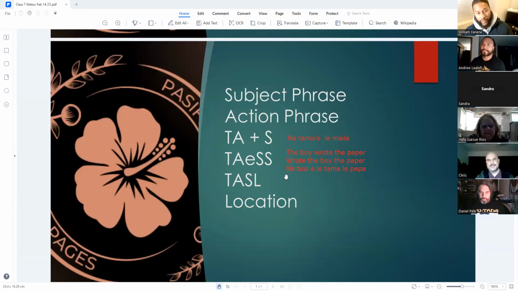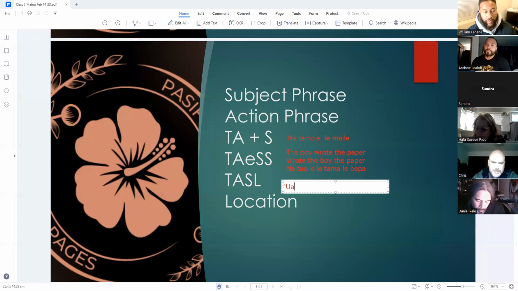Okay, so up here we talked about the two subjects. One subject did the action, one subject received the action. But down here we still have two subjects, but one subject is a location, because one subject is going to a location. So if we said something like